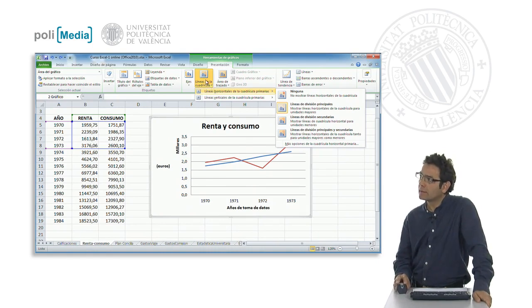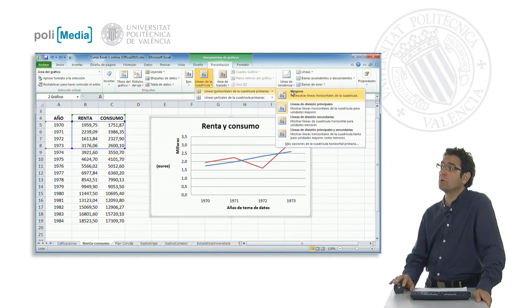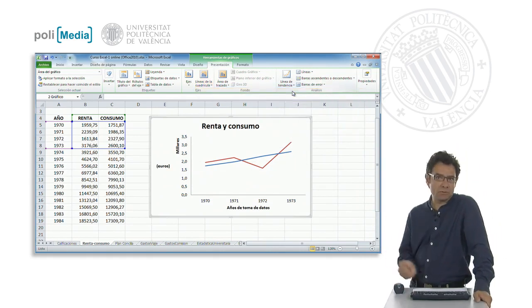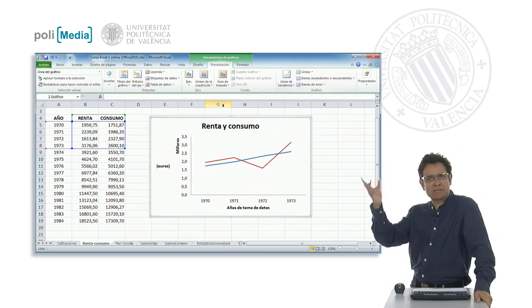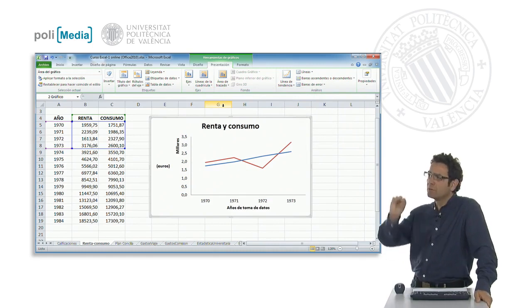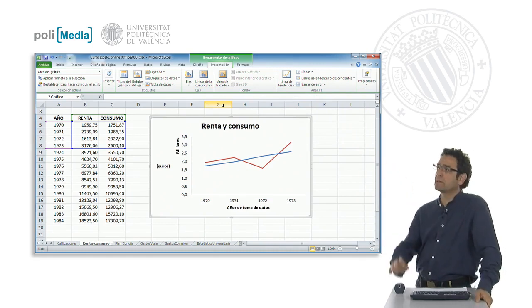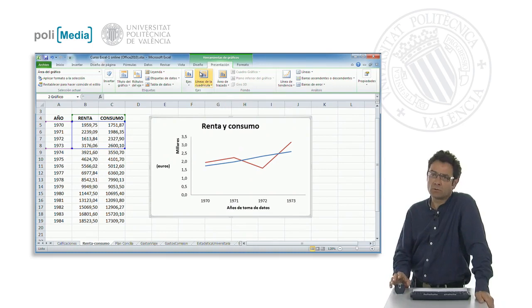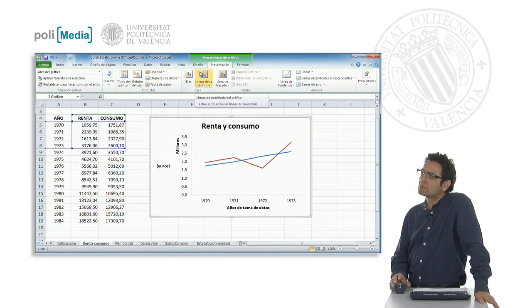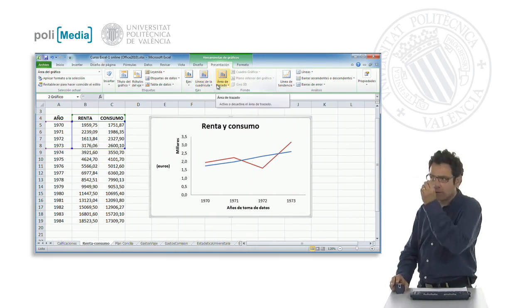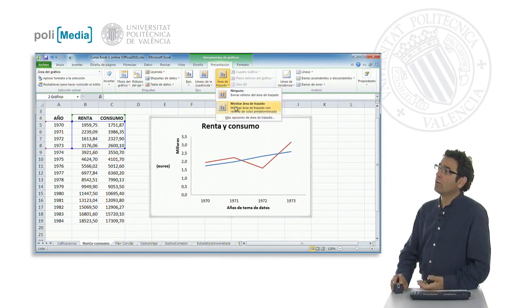Here, when we click the button Grid Lines, we get a drop-down menu with primary horizontal grid lines where we can choose that it does not show any, because maybe we might want, in cases where there is too much information or confusion in the graph, to remove the dividing lines because they are not essential to us,